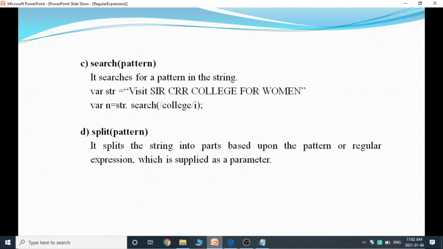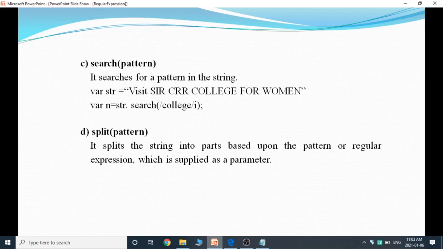Next one is search. It searches for the pattern in the string. If the match is successful, it will return the index offset of the start of the match. Here in this example, visit search your college for women.